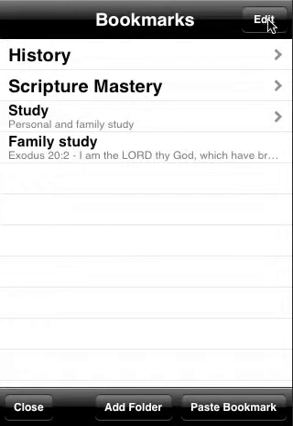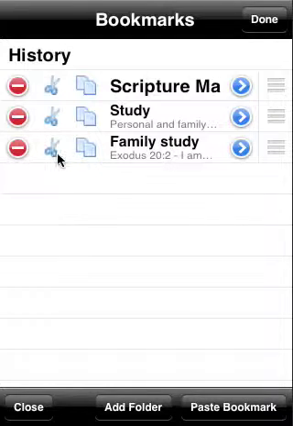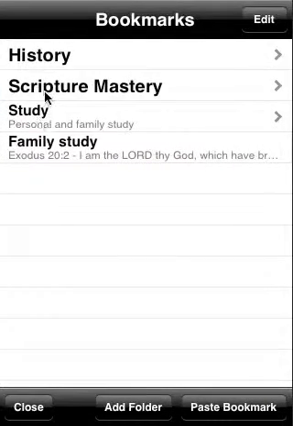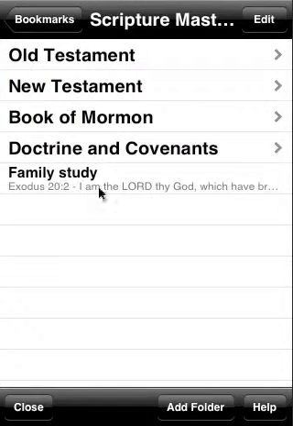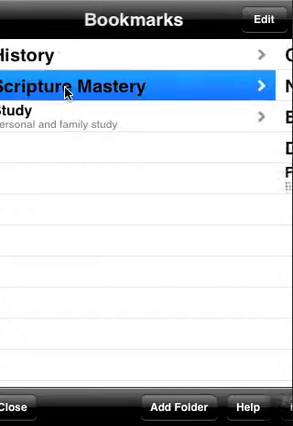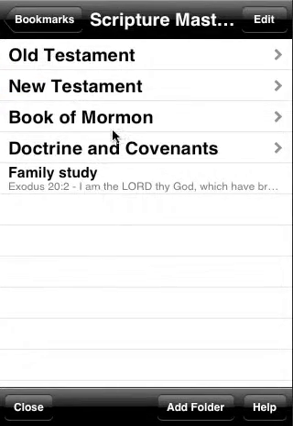So now the same thing works with cut. So let's go in here and let's cut the family study one. And let's go for fun in the scripture mastery and let's paste it here. So now it's moved it here essentially. If you go back here and look, it is now gone here and it's located here. This also works with